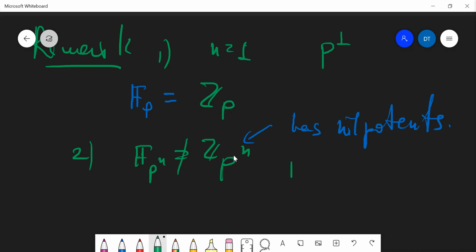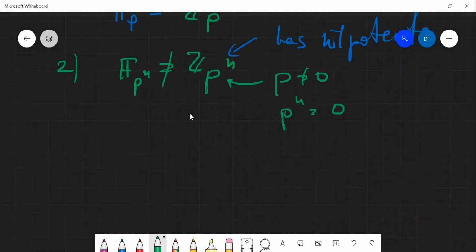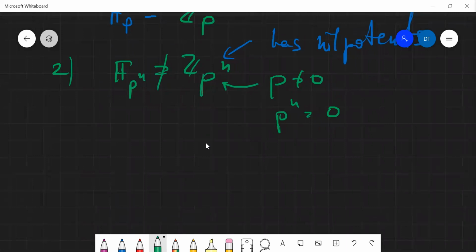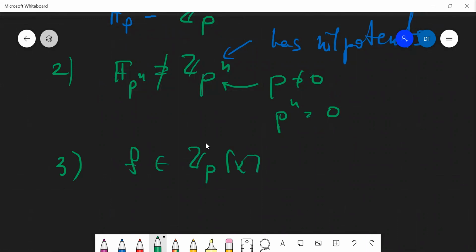For example, p is not 0 in this ring, but p to the n is 0. But a field cannot have nilpotent elements. So the structure of this is more complicated than just the ring of remainders of an integer. And here, what we can do, we can take an irreducible polynomial in Zp,